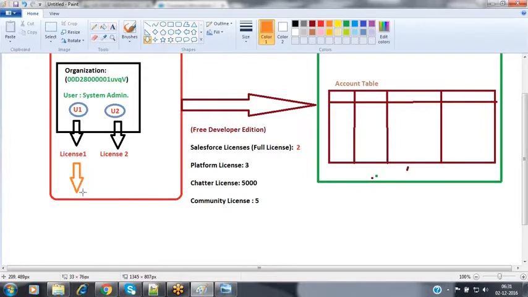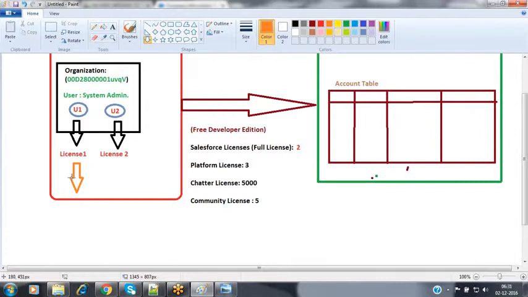You're saying that the license is shared between the users, or each user gets only one license? Each user should have only one license. Only one license? Yes, every user should have only one license. And what about the profile? So how do we set the profile? Is each profile set per license per user? See, every profile will be associated with a license, but one license can have multiple profiles. I will come to that point right now. Give me a minute.